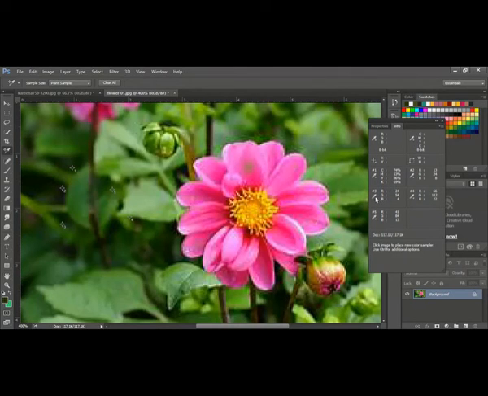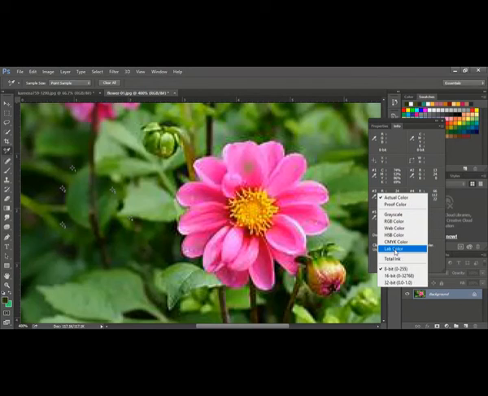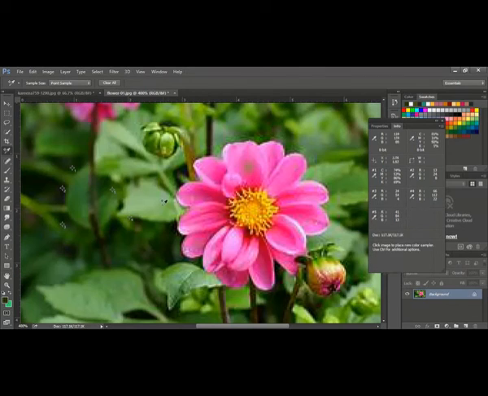You just go here, click that and select whichever you want: CMYK, HSB value, whatever you want. So default is RGB value. This is the use of that color sampler. It is actually to give you the detail of a pixel. Actually, some photographers may require that, and for an ordinary person, you may not require that.